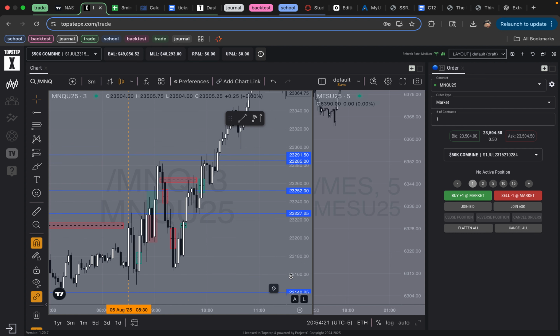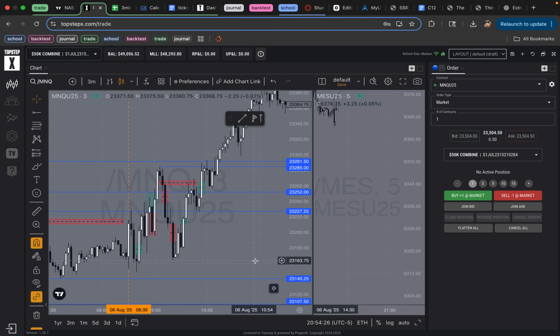But yeah, I like the strategy a lot because I basically get my draws right every time I backtested so far. How long has this video been going for? I have no idea. But like I said, my last draw ended up getting hit anyways, that high all the way up there. This one ended up getting hit too. So, like I said, my draws are pretty nice. That's why I really like this strat.